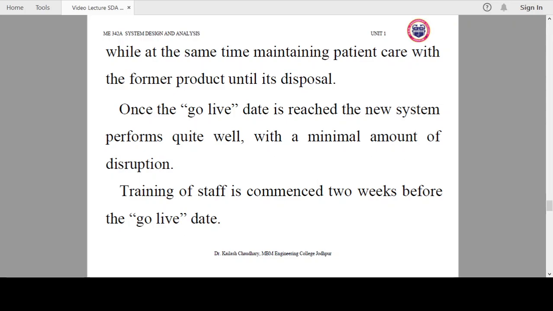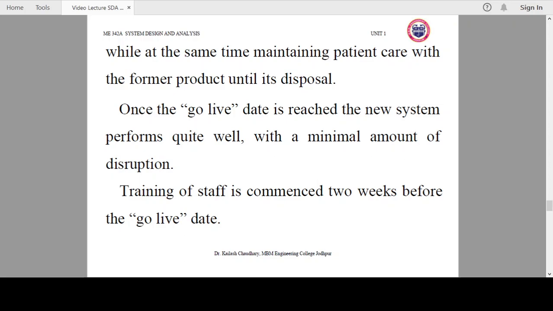Once the go live date is reached, the new system performs quite well with a minimal amount of disruption. If this is the case, then we come to the conclusion that yes, the software is working well. Similarly, training of staff can commence 2 weeks before the go live date, because before the particular date from which we are using the new software, we can train our staff also.